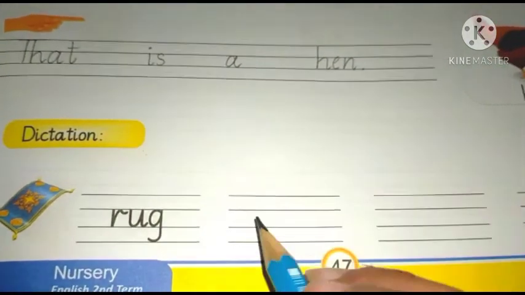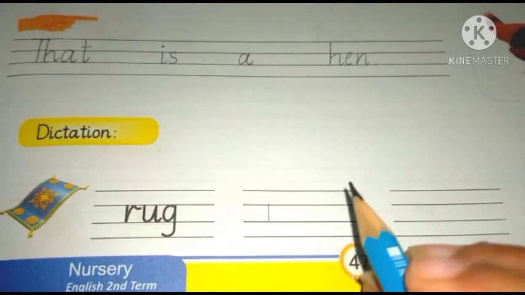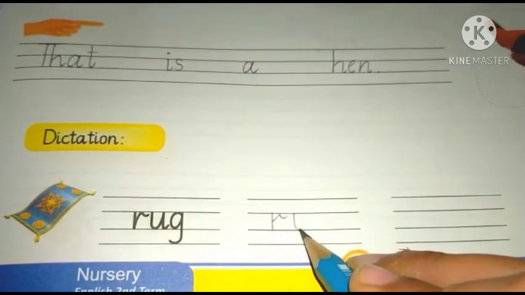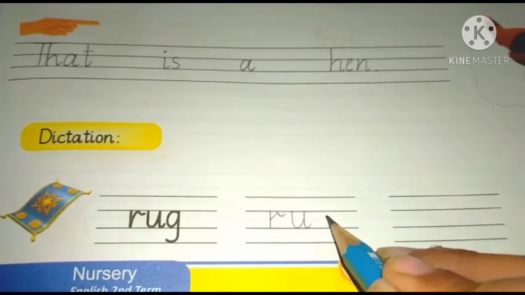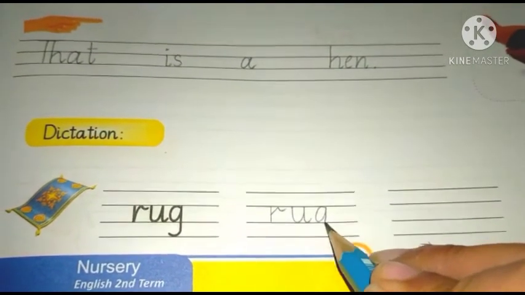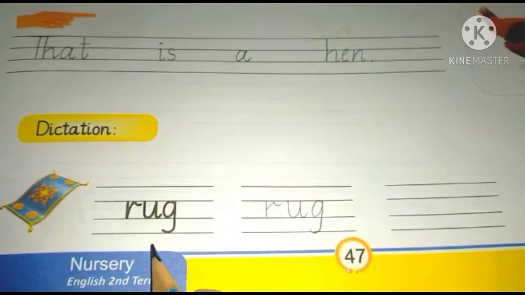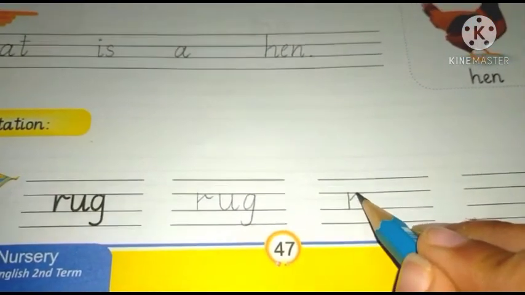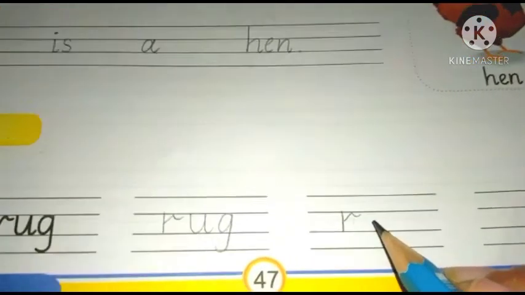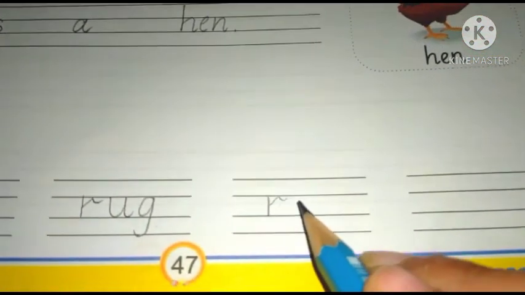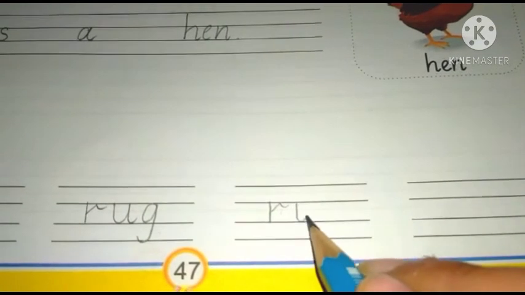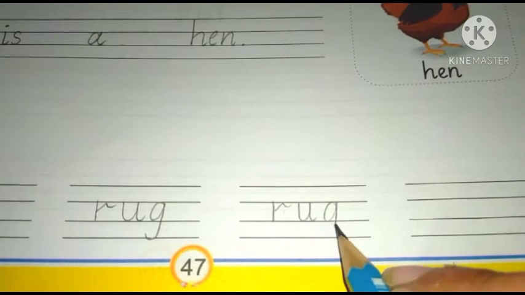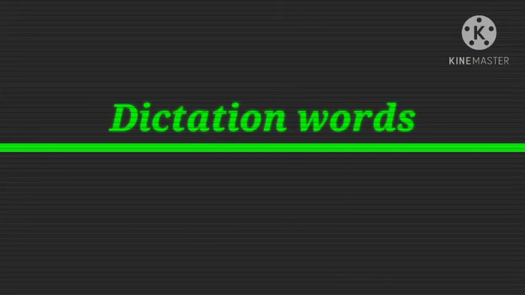Come to the dictation word. Here is a rug. We have a word for dictation practice. Rug. Look at the picture. What is in the picture? It's a rug. R-U-G. R is the sound of R. Ug is the sound of U-G. Rug. You will learn these spellings also. We will practice it 3 times. And after writing it 3 times, you will learn these spellings also and revise your task.